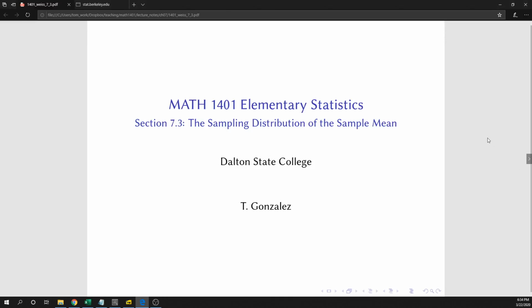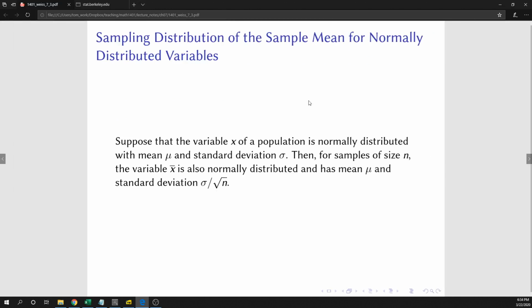In this video, we are going to talk more about the sampling distribution of the sample mean. So this is section 7.3. All right, so we already mentioned this in 7.2, but we talked about the sampling distribution of the sample mean for normally distributed variables. And the thing that we didn't mention there, and that's kind of new for this section, is that